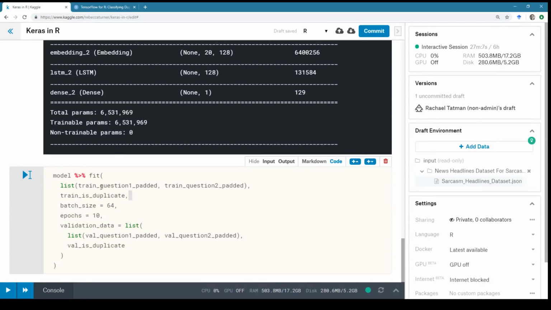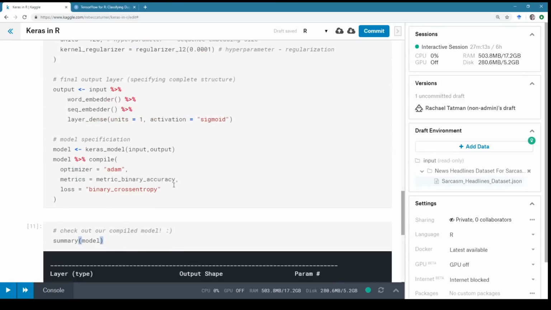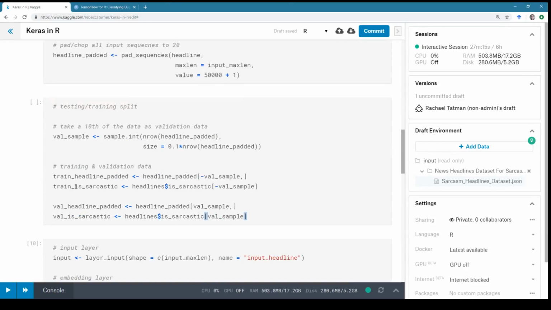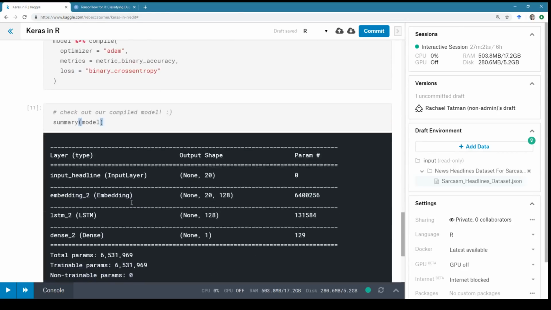All right, so we don't actually need a list. We just need our single input value. And instead of train is duplicate, it is called train is sarcastic. And instead of whatever it was, it's train headline padded.